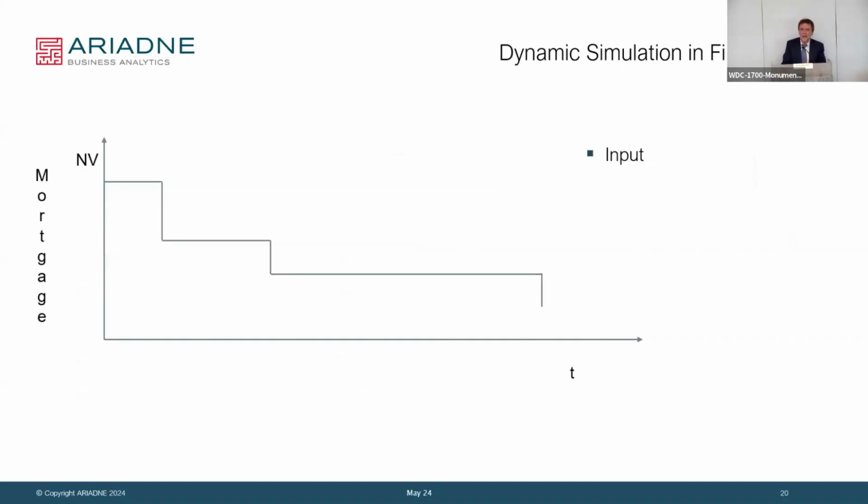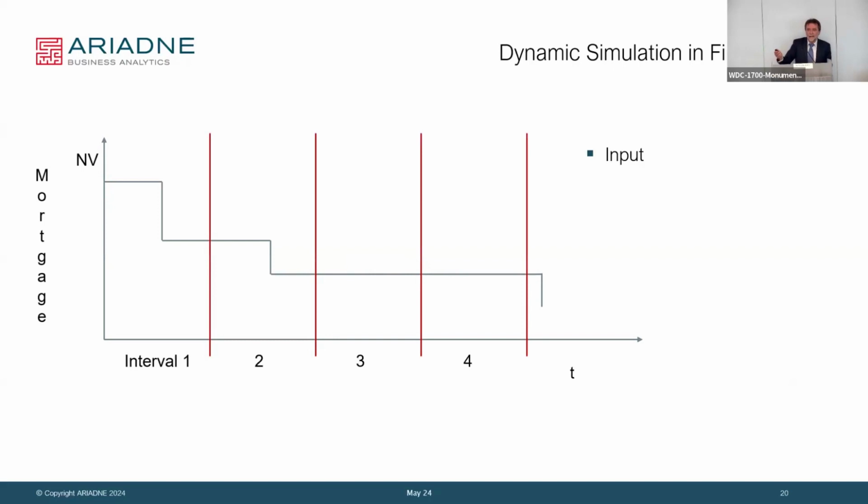And now we look at, again, a single part of the business, let's say mortgages this time. So we have mortgages, and what we see, let's say this is the nominal value and time here. And we see how it runs off over time here. That's the existing business. So that's what we know, that's certain. And then we need some intervals. So where do we focus? Monthly, quarterly, whatever we need here.